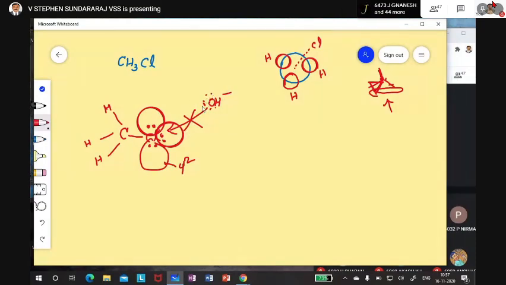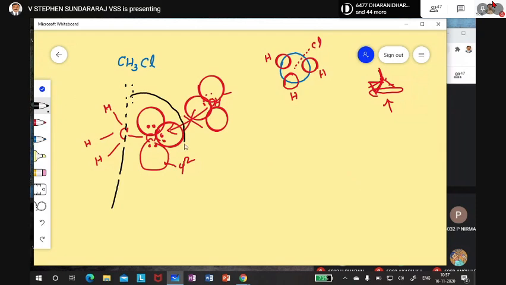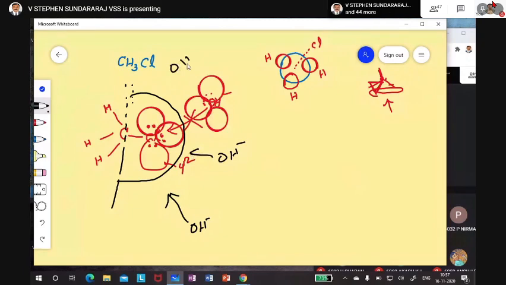So this electron cloud, this also electron cloud will be there. Now there will be a repulsion. So now what I am doing, I am dividing this molecule at the carbon atom. The OH from this side, or OH minus from this side, at 180 degrees, is not permitted. No, not at all taking place, because the nucleophile's electron cloud will repel.